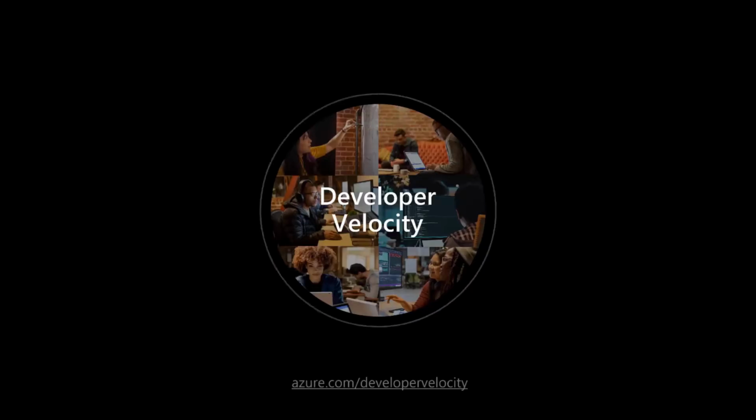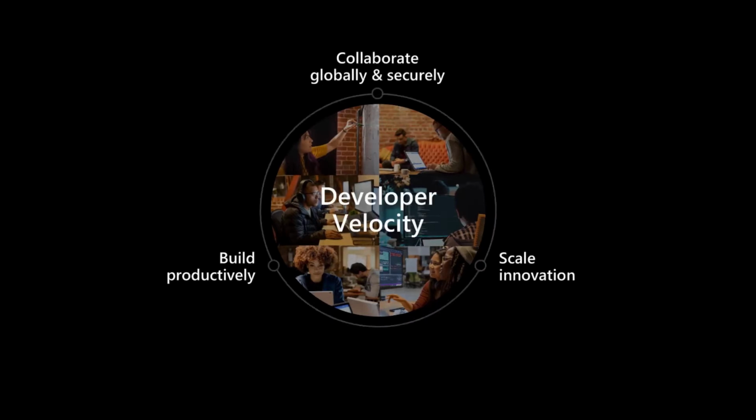And this is where developer velocity comes in. Developer velocity is an overarching concept about how we start delivering business value through technology. And there's a couple of three key areas around that. One is being able to collaborate, to be able to deliver tech efficiently in the business, and most critically today, delivering it securely. Helping us be able to build software productively so we don't spend unnecessary time on getting things into production. And then the final piece is how do we scale it?